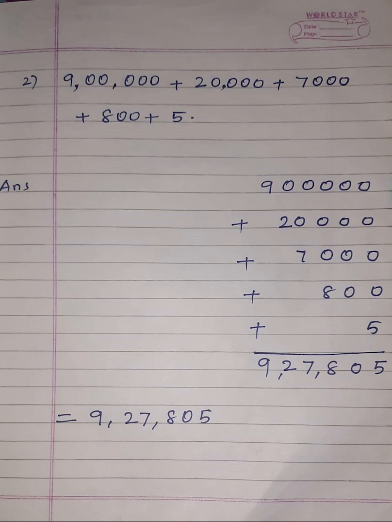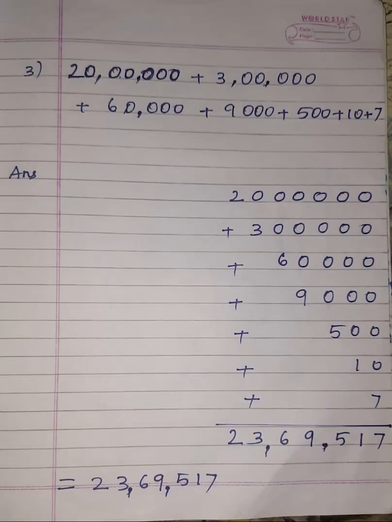The next is 0 plus 0 is 0. 0 plus 7 is 7. And we write 7 in the thousands place in the answer. Okay. Then next is 0 plus 2 is 2. And finally we bring the 9 to the final answer. So what did we get as the answer, children? We got the answer as 9,27,805. Okay, so that is equal to, you will write, 9,27,805 in figures.